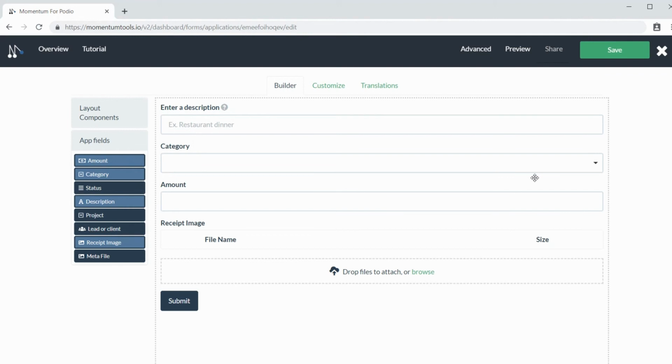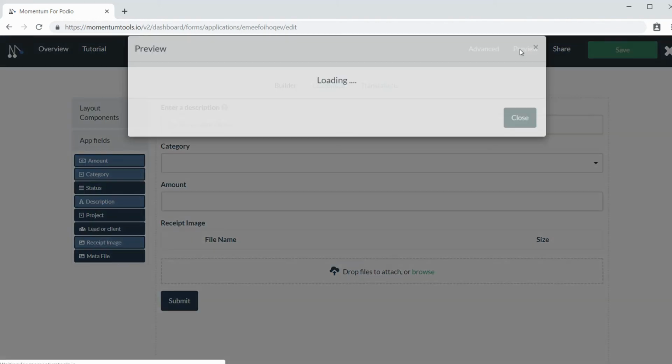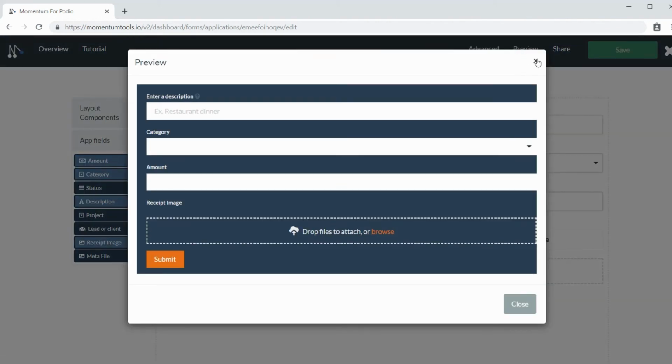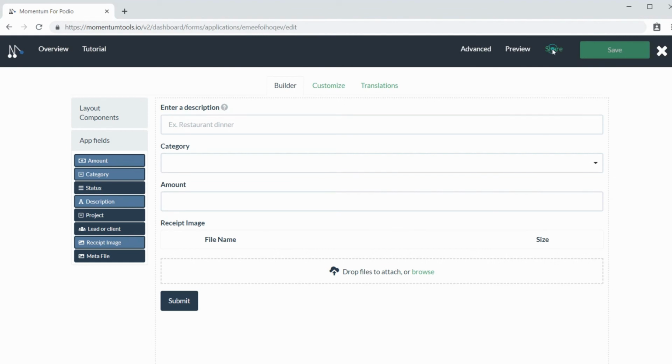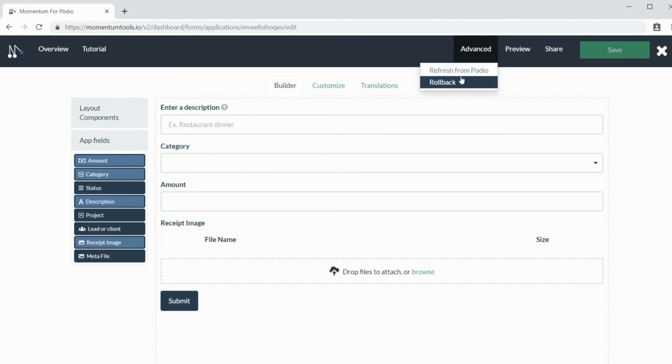Then finally, if you're satisfied with your web form, you can save your web form via the button in the menu bar. This will save your progress and also create the preview and share link for your web form. If you want to undo a step, you can either refresh your page to go to the last saved version, or if you already have saved your web form, you can click on Advanced and then roll back to load the previously saved